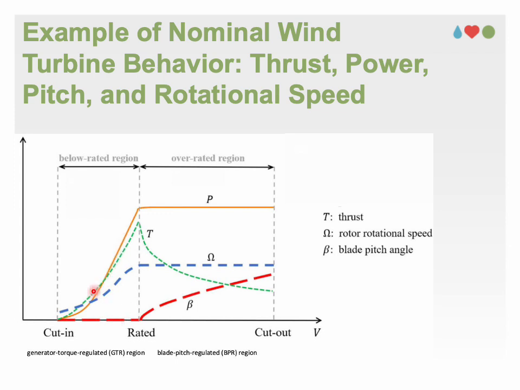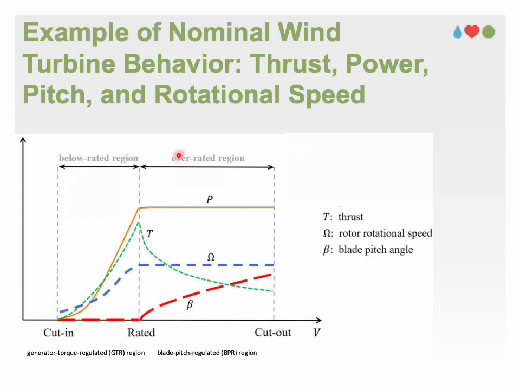This means the rotor speed is controlled to remain proportional to wind speed, as shown here by the blue dotted dashed line, ensuring operation at the optimal efficiency point. The thrust force increases with wind speed, shown by the green dashed line, and reaches a peak near the rated wind speed. Once pitch control, shown by the dashed red line,